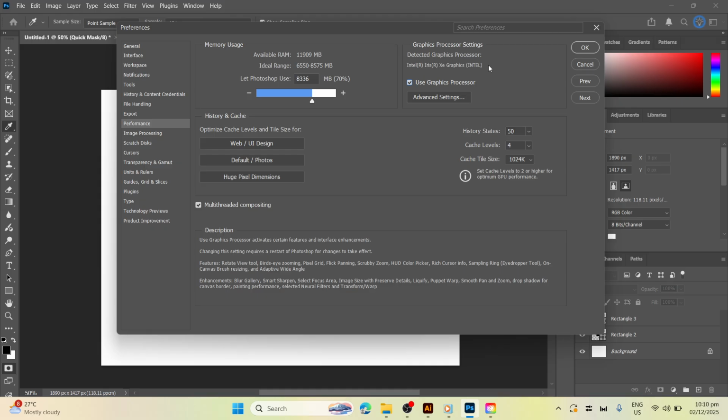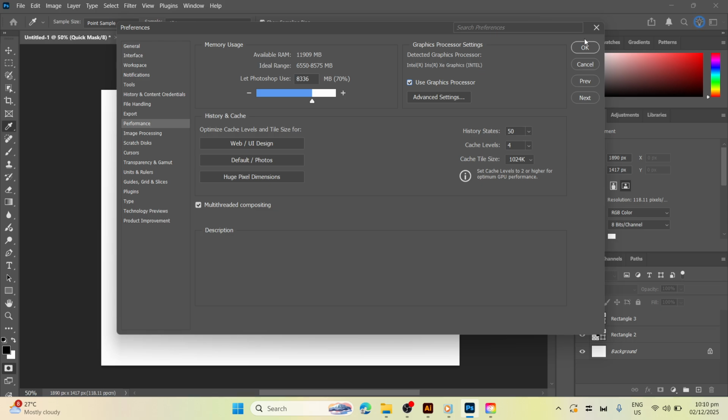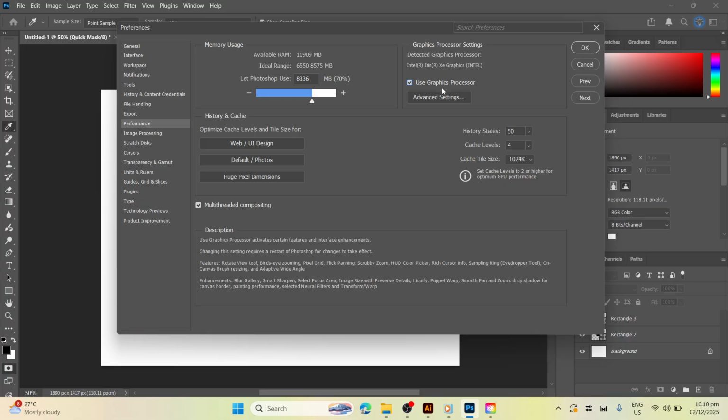If the Use Graphics Processor box appears unavailable, it can indicate that your system's GPU or driver isn't recognized by Photoshop. In that case, confirm that your hardware meets Adobe system requirements and that your operating system recognizes the GPU correctly. Also, avoid running too many heavy apps during export, as low available memory can affect how quickly the export